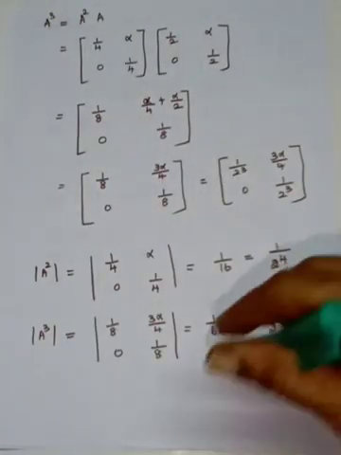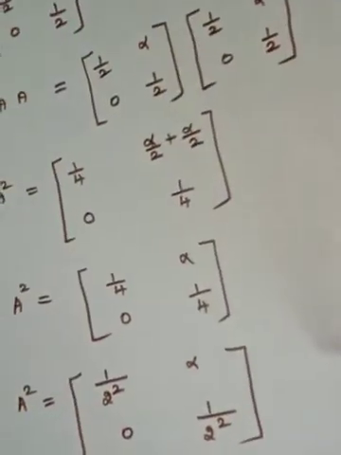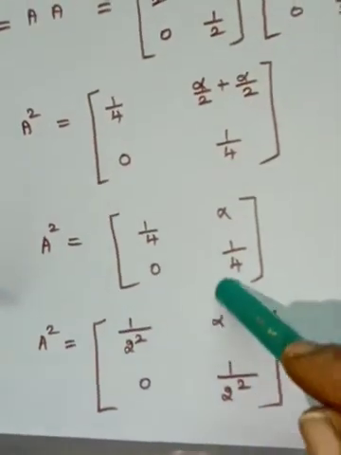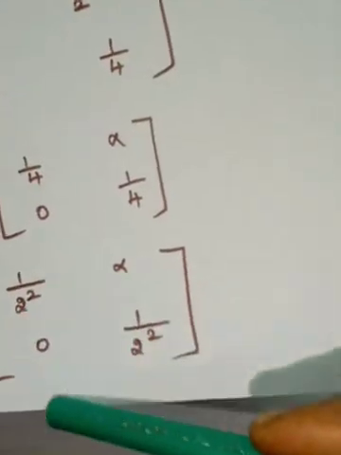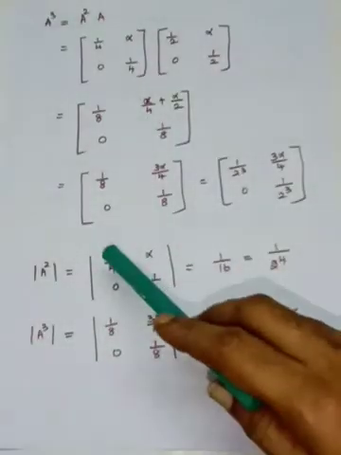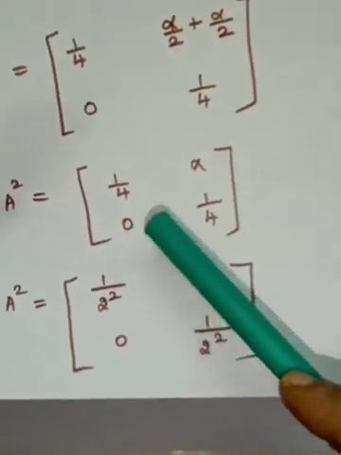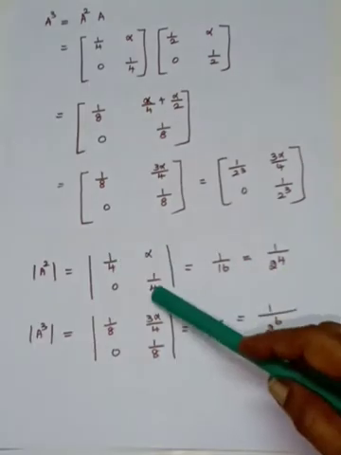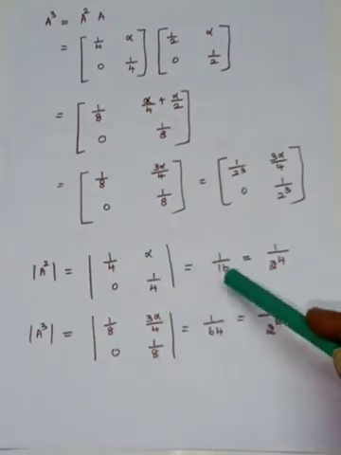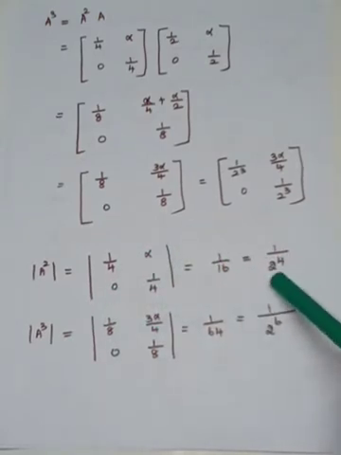Okay, so next I am going to find the determinant a squared. You see that a squared matrix is given here. I have enclosed it within the square bracket. Next you are going to find the determinant a squared. So determinant a squared means these entries have to be written within the vertical lines. So it is 1 by 2 squared, so for finding the value, I will use 1 by 4, alpha, 0, 1 by 4. If you cross multiply the main diagonal, 1 by 4 into 1 by 4 is 1 by 16 minus 0. So your answer is 1 by 16. That can be written as 1 by 2 power 4.